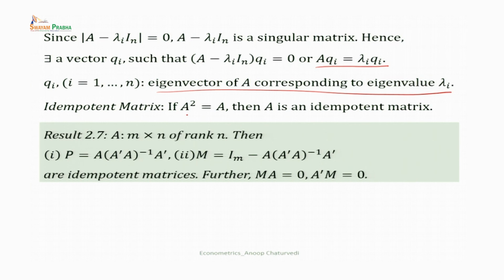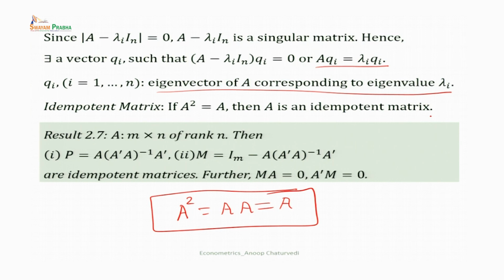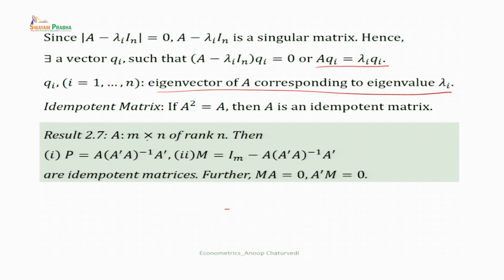Now, we define idempotent matrix. Suppose A is a square matrix such that A square, defined as A into A, is equal to A. Then A is called an idempotent matrix. Then if A is an m cross n matrix of rank n, and we define P equal to A (A transpose A) inverse A transpose, then P is an idempotent matrix. Or if we define M equal to I m minus A (A transpose A) inverse A transpose, then M is also